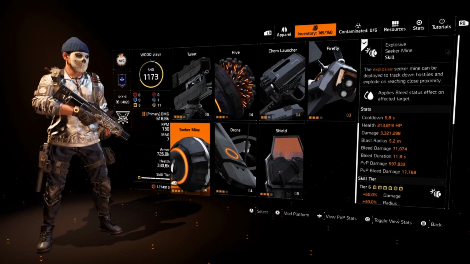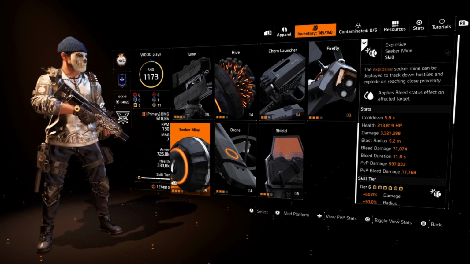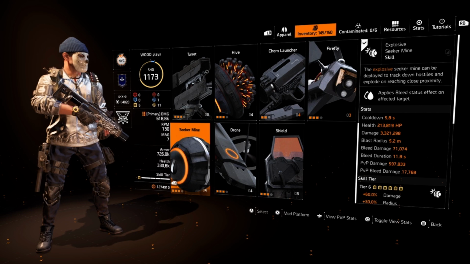Now, the Seeker Mine, is it better? No, it's still 5.8 seconds. It's actually, guys, about 19 seconds. To be, again, accurate, it's about 19 seconds. But because we're in the range, and yeah, it's bugged, who gives a shit? Anyway, 19 seconds. The damage is